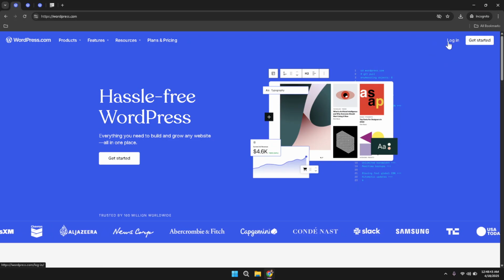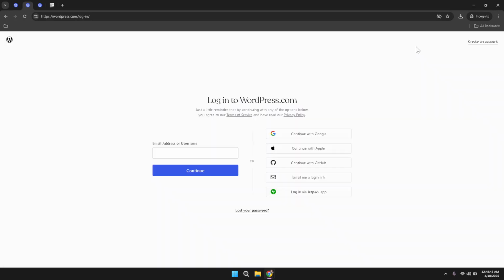After clicking Login, you will be presented with several methods of signing in. Select the option to continue with Google. When you choose this option, a list of Google accounts associated with your browser may appear. Simply select the account you wish to use to log in. This step is designed to streamline the login process by using your existing Google credentials, making it easier and quicker